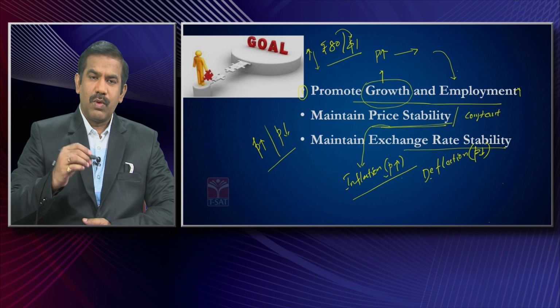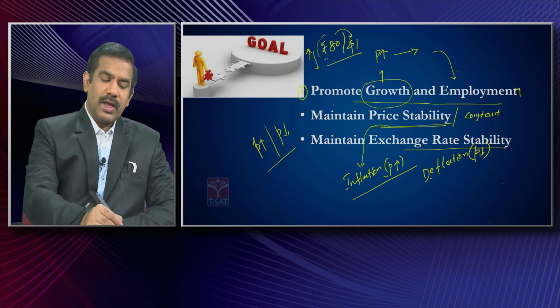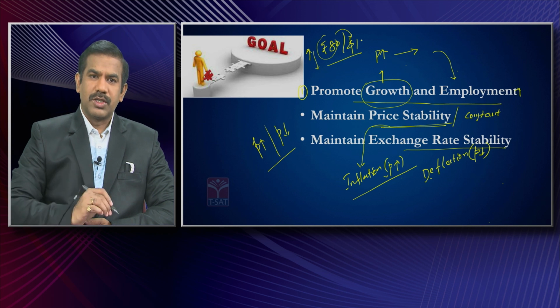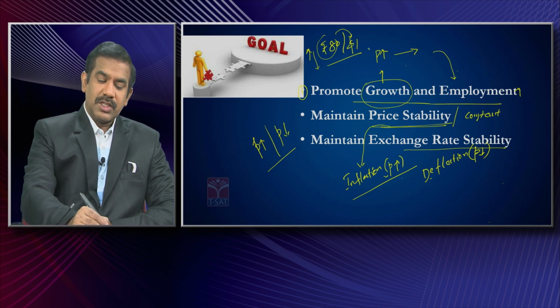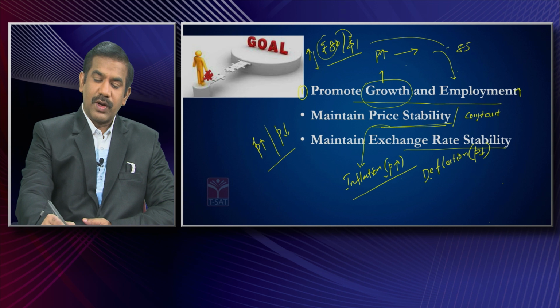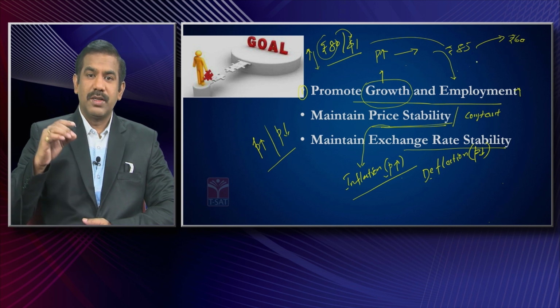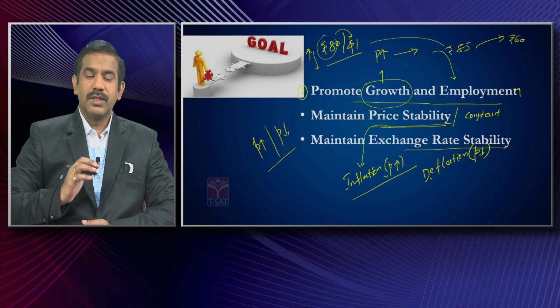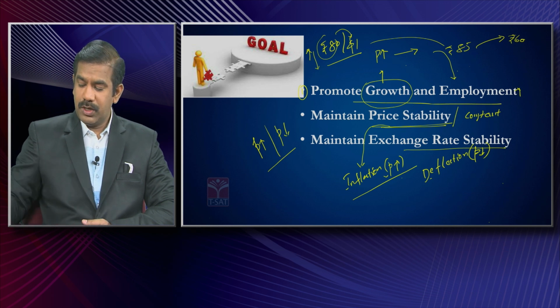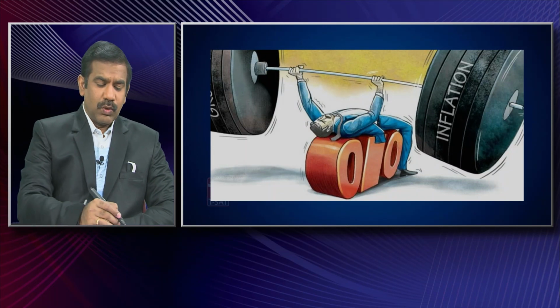So similarly, what does the RBI try to achieve? The RBI tries to ensure that our rupee against a foreign currency would be relatively stable. It means the rupee doesn't steeply fall to somewhere around 85 all of a sudden, and the rupee doesn't suddenly rise to around 60, 65 in a very short span of time. It tries to ensure the value of the rupee against the dollar stays within a reasonable margin. That's what stability means. So these are the three prominent objectives the RBI tries to achieve as part of its monetary policy goals.